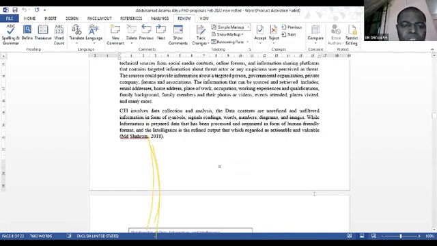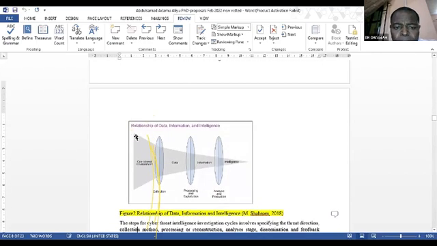Then your method of referencing is very troublesome. Look at what you say, MD Sharon. Abani was able to tell us yesterday that it's only the surname using the APA system that is mentioned, and the year. I don't know where you are getting your MD from now. And the MD looks like managing director of a bank. So this is not correct. Your referencing system is very bad.